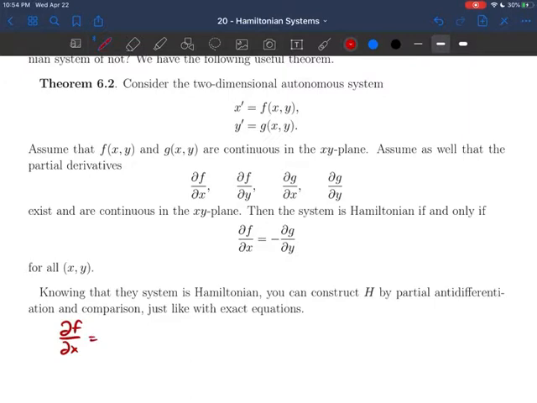How can we really tell that that's the case? How can we justify this theorem? Well, let's do a little calculation here at the bottom just to bring this home. Let's look at the partial of f with respect to x. Because of the definition of the differential equation,